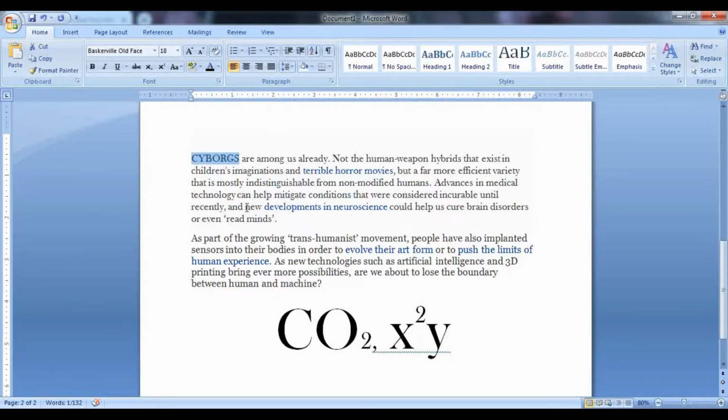For example, if I want to highlight these particular words, what I can do is just select those words and choose the color of the highlighter you want to highlight them with, and that's it. So this is how you can highlight your text.